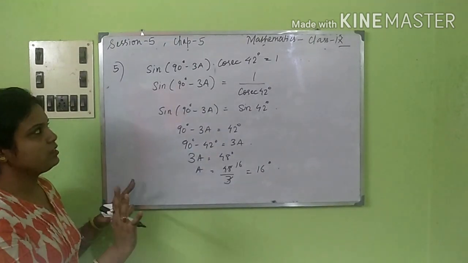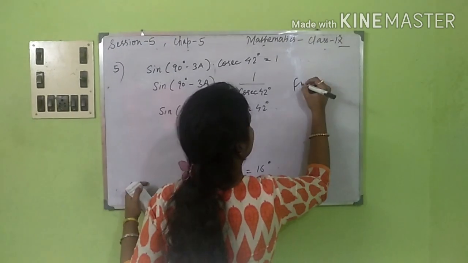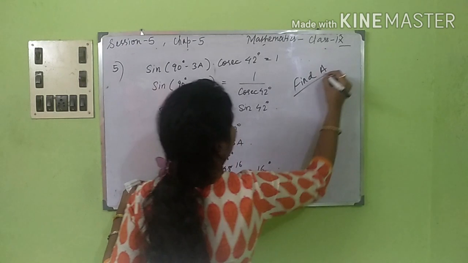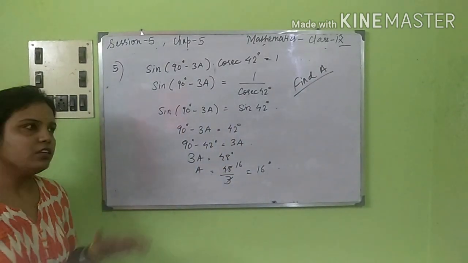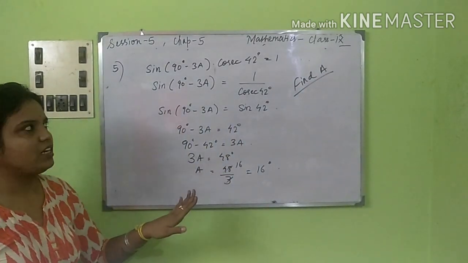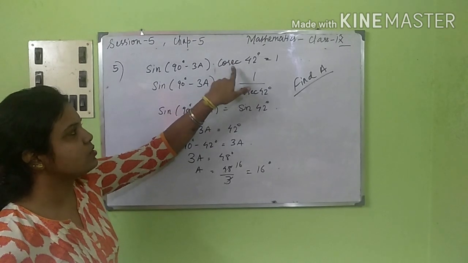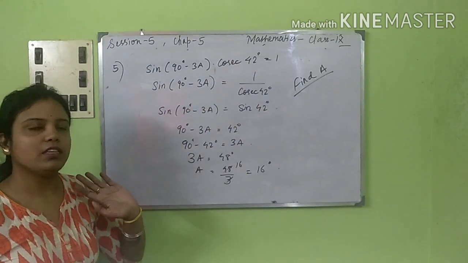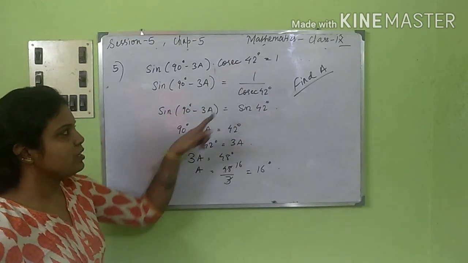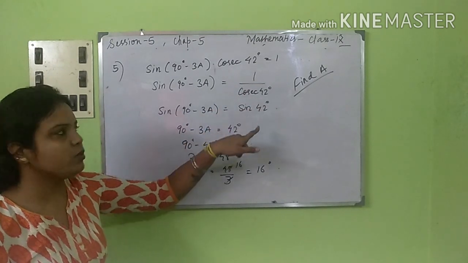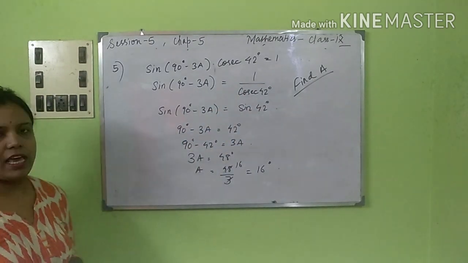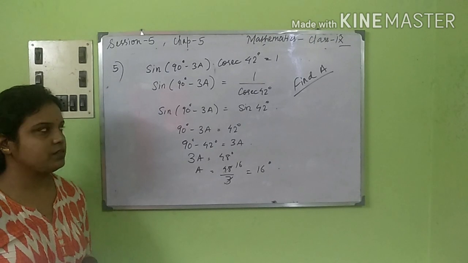So this was a particular sum where you just need to find the value of a. Okay, so it's a very easy one, as you can understand. Just simply bring this cosec on the other side, in the denominator, by cross multiplying, because 1 by cosec means what? Sine. Just then calculate. Okay, next.